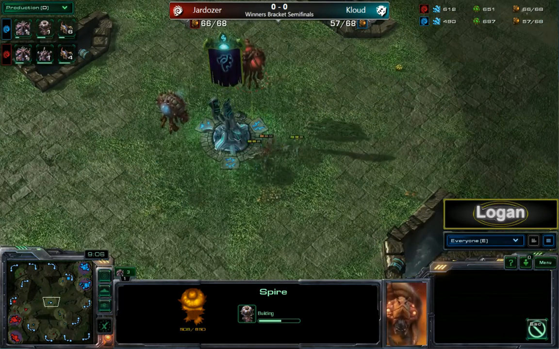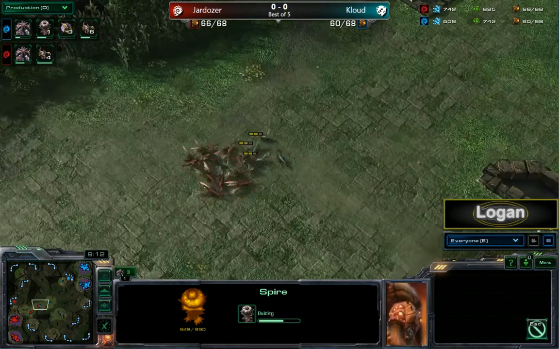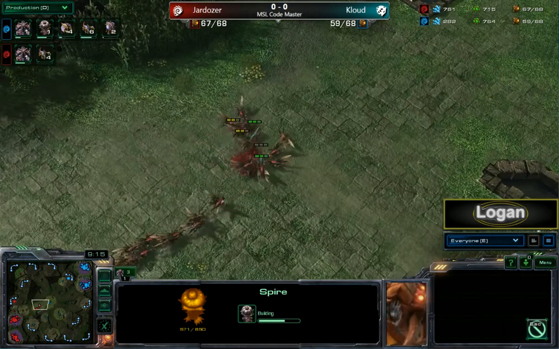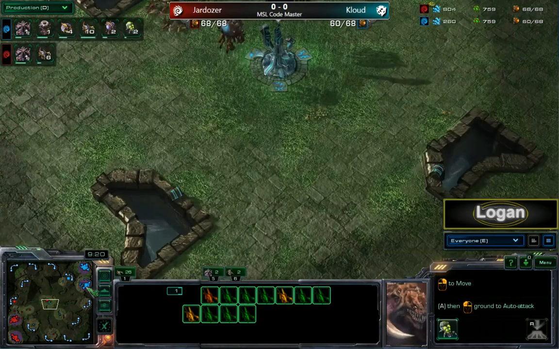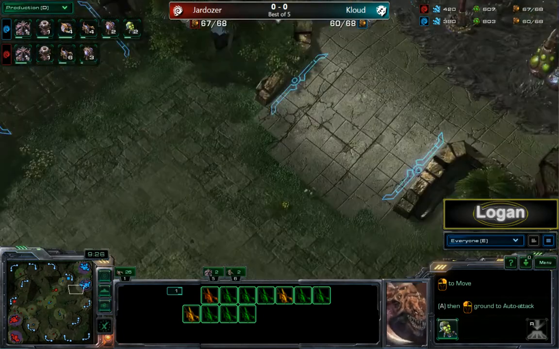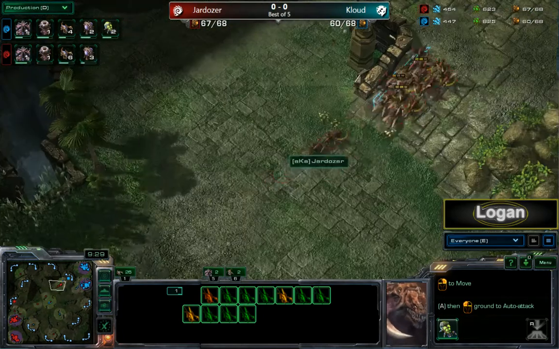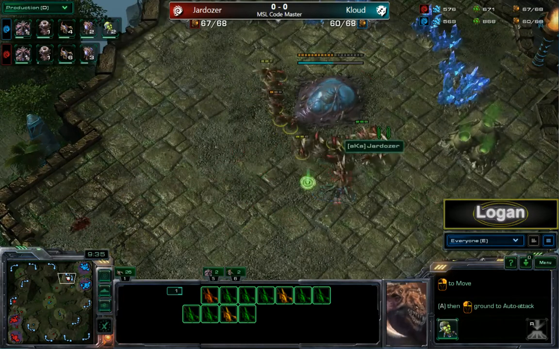The other thing is that Zerglings are actually a really important part of a Ling Muta composition. The reason for that is actually quite simple. Mutas, everyone knows they have a bouncing attack. That's common knowledge. The bouncing attack does half damage every time it bounces, and in Muta versus Muta battles, what ends up happening here...